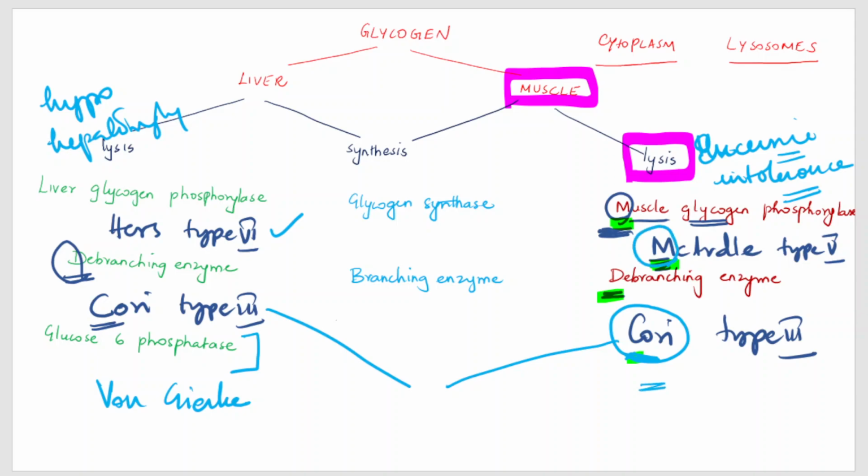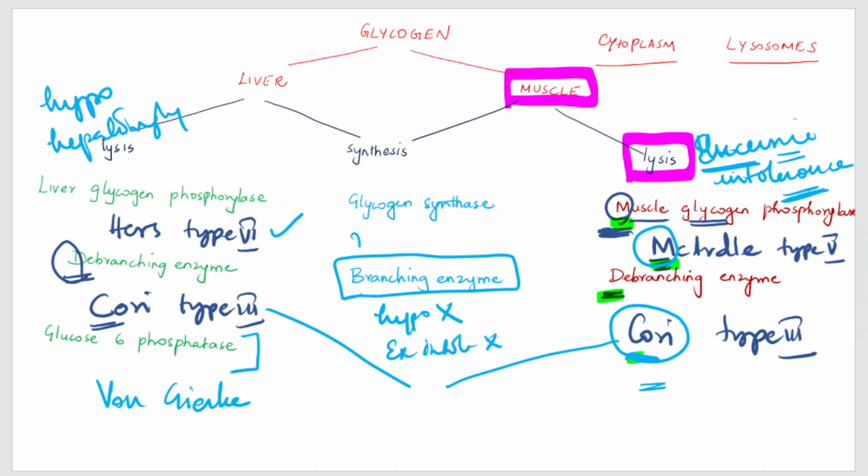McArdle's disease, because it is in muscle, presents with exercise intolerance, right? And branching enzyme, because it is an enzyme of glycogen synthesis, there is no hypoglycemia and no exercise intolerance here. There is muscle hypotonia